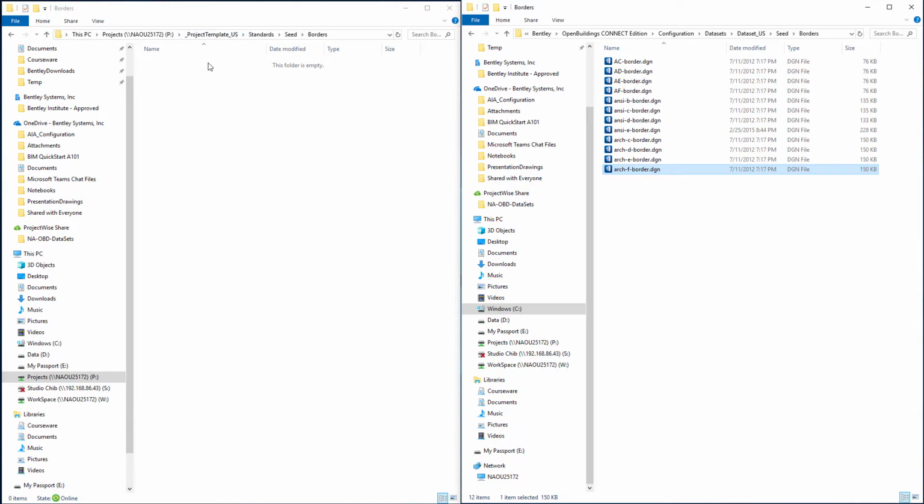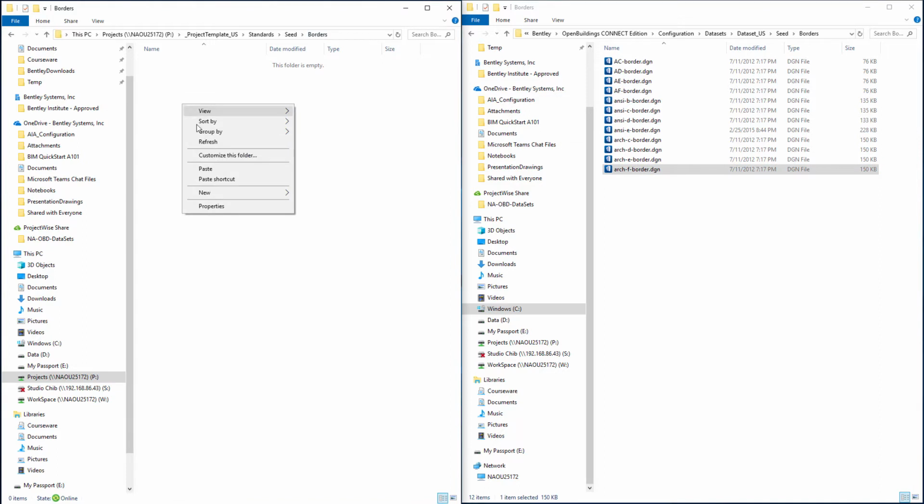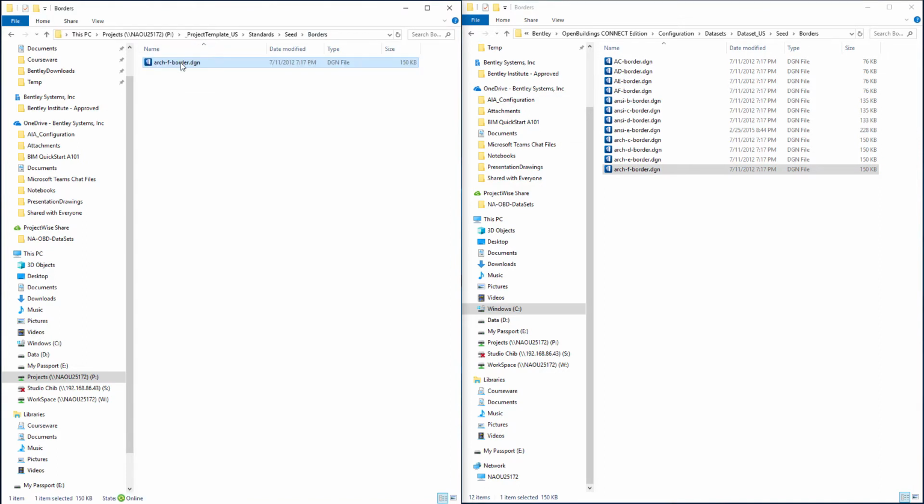And then I'm going to come over here to my P drive, and I'm going to put this in my project template. That way the border file will already be there when a new project is created and any modifications could be made to it. And I'm actually just going to locate it basically in the same location under the standards folder, the seed folder, and then there's a borders folder. And I'll come here and just paste. And then I'm going to rename this border. And I'm just going to name it border